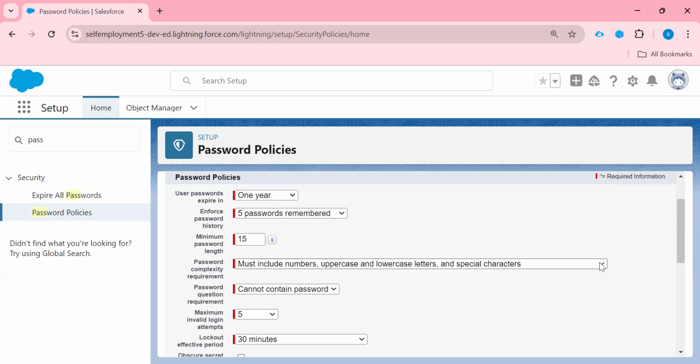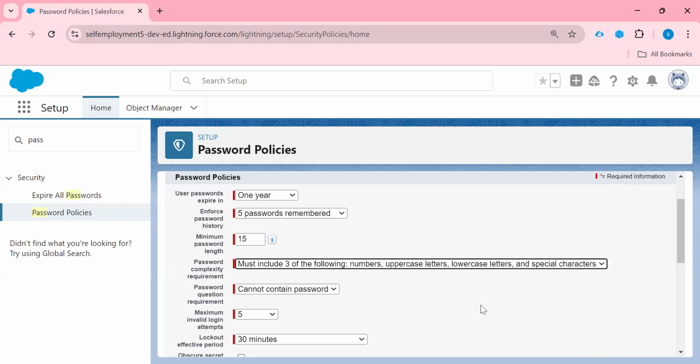In this way, must include number, uppercase, lowercase and special character. So you can select any one complexity as per your requirement. For now I am just selecting must include 3 of the following: numbers, uppercase, lowercase letter and special character, right? I am just selecting this one, right?